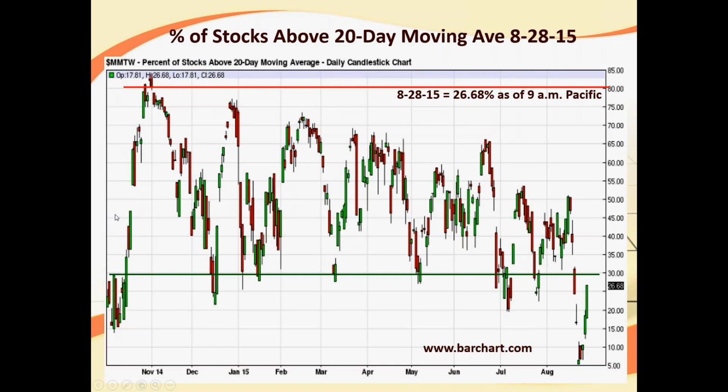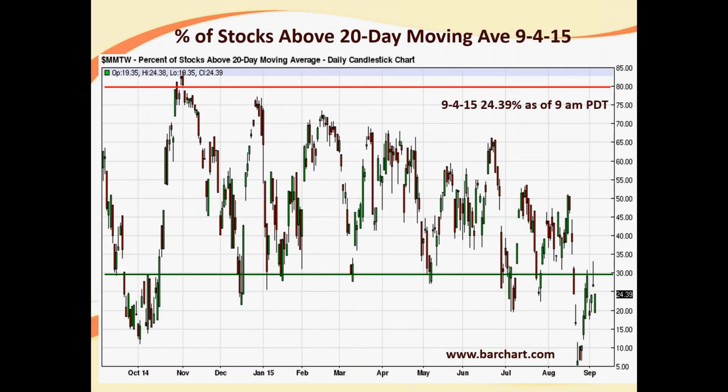I always like to pay attention to the stocks above their 20-day moving average on the NYSE. This is where we were last week, and here's where we are this week. We came up, and as Mike Traeger and I were talking about on Wednesday, what we're seeing is a holding off here,